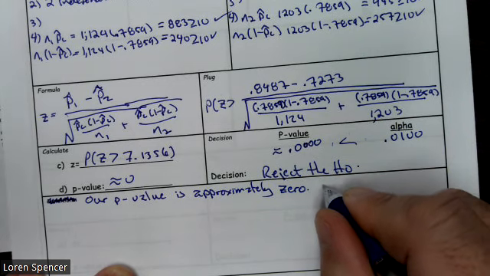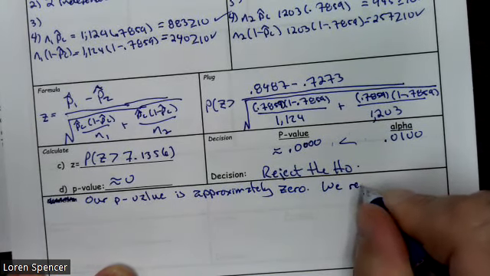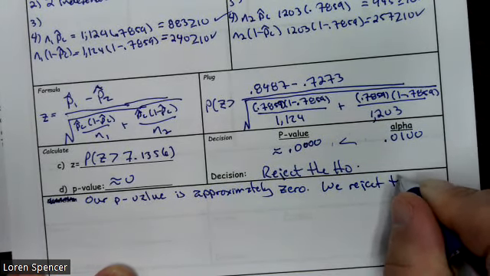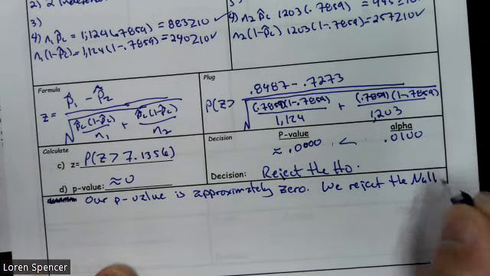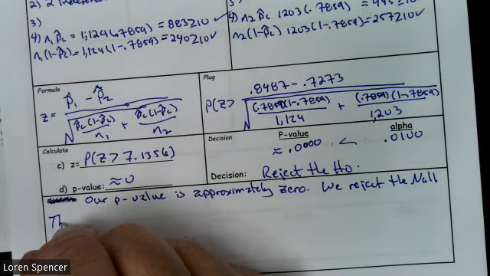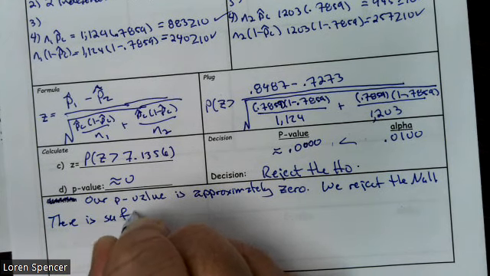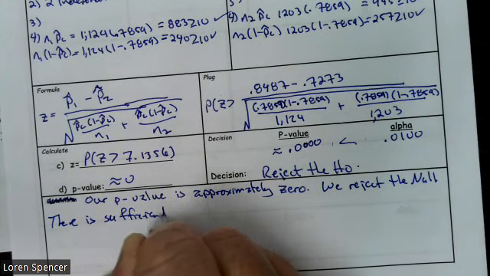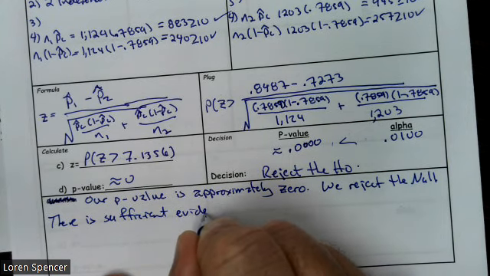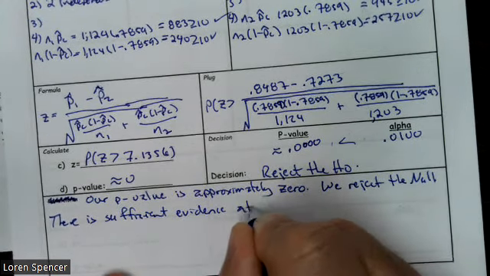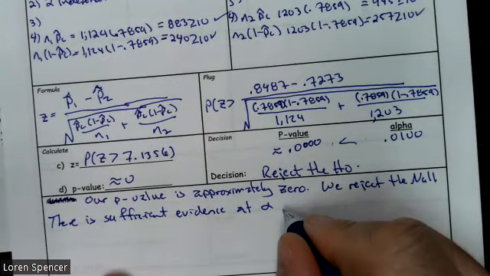What was our decision? We reject the null. Why? We have plenty of evidence. There is sufficient evidence at what alpha level? Oh, at alpha equal 0.01